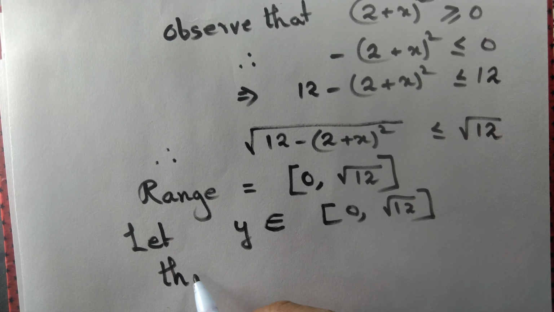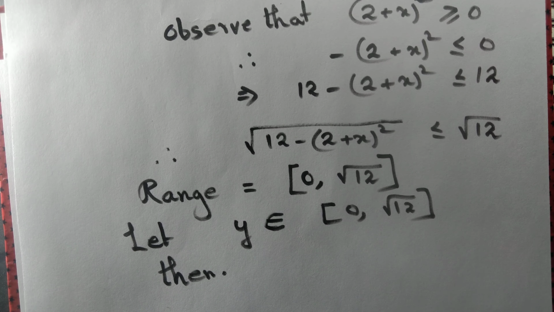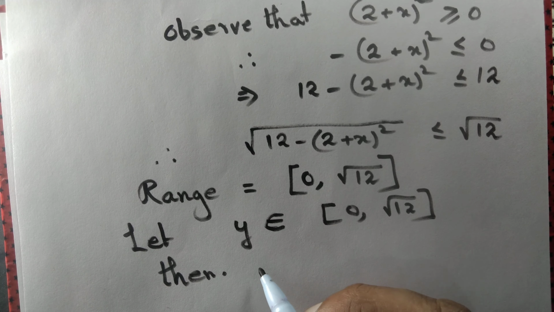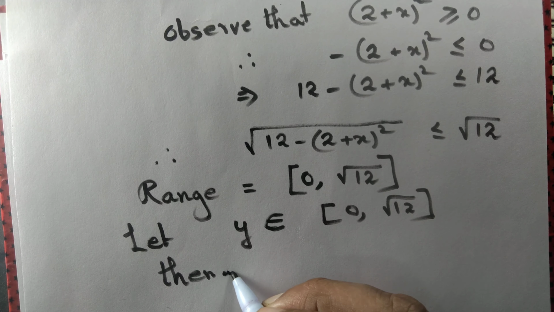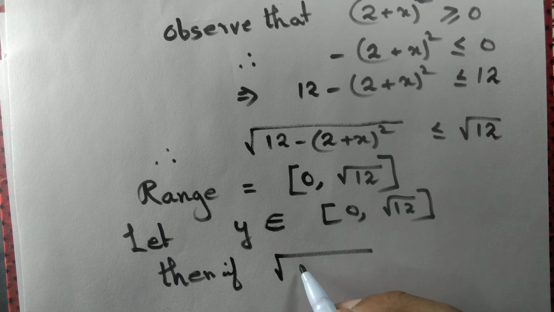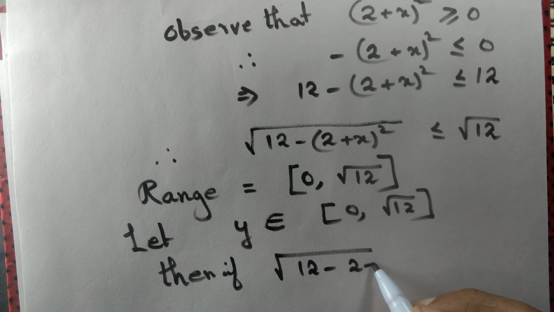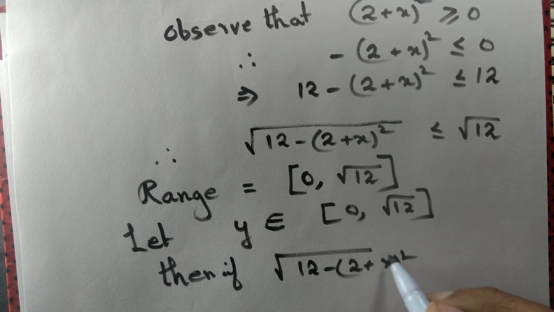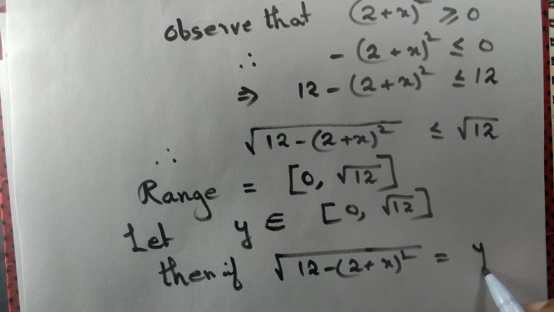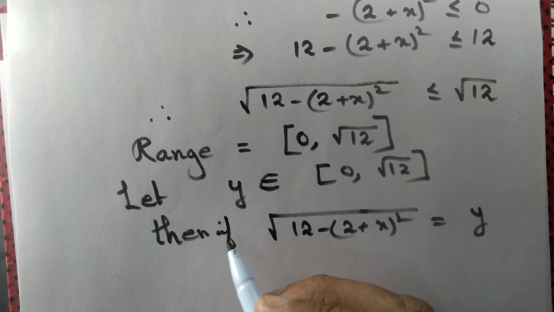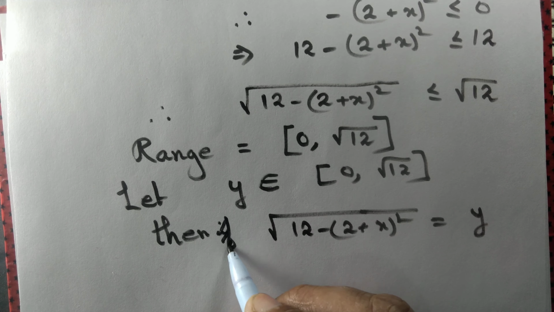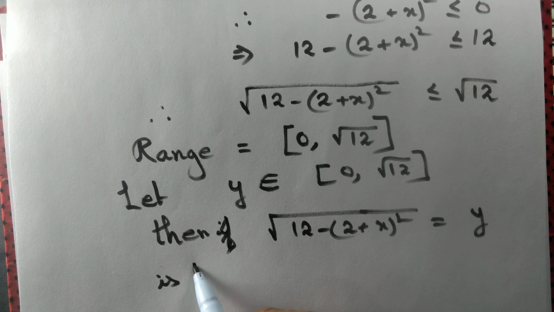Then we may solve for x. If root over 12 minus (2 plus x) whole thing square equal to y is true, then